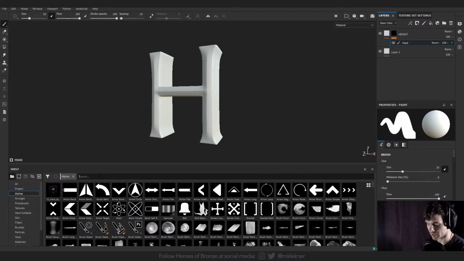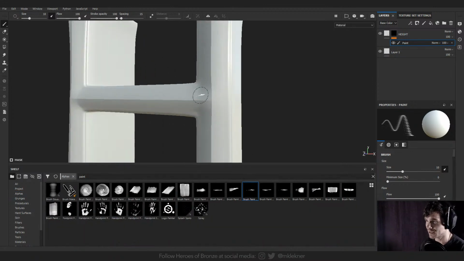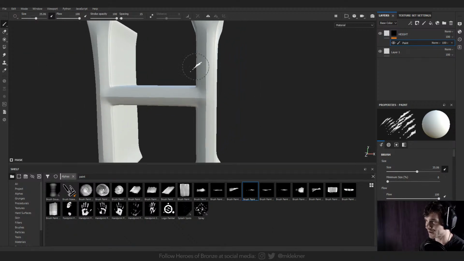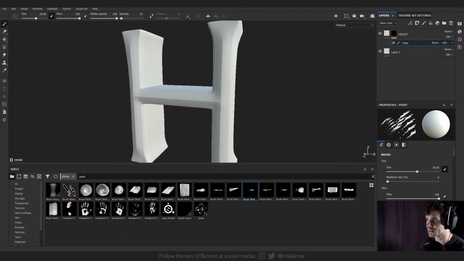But basically what I'm creating is just a mask for height, and we will be masking out little dents and little protrusions into the surface. I have this alpha called paint for that purpose, and I really like to use it for all of my armors, for Heroes of Bronze, for helmets, shields, and everything, and I make little dents with it. See, we probably made this edge a little too sharp, but you can definitely, when you're making the sharpness of these edges, you can influence the